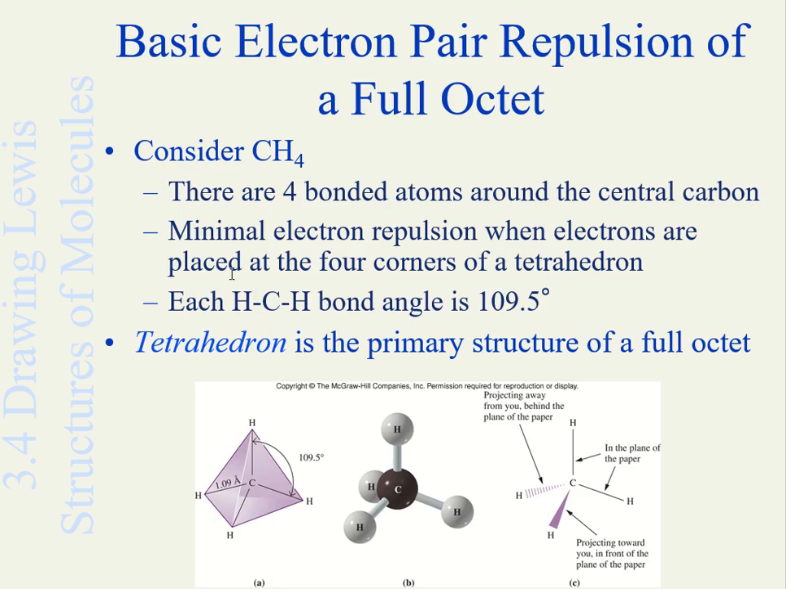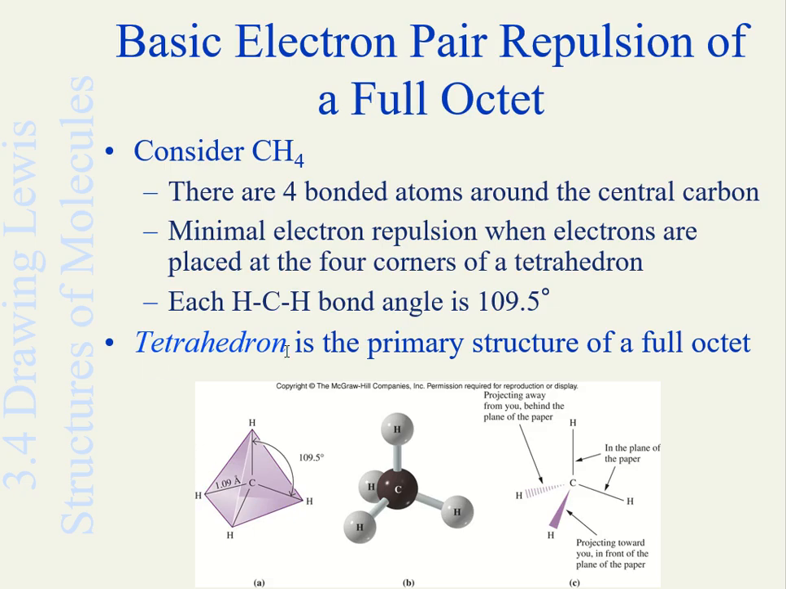Now, the shape is going to be different from the Lewis structure. If you were to draw CH4 out on a piece of paper, you are not going to show the 3 dimensions. It's going to be flat. You will make a 90 degrees angle going from hydrogen, carbon to the next hydrogen. But in reality, the shape is known as a